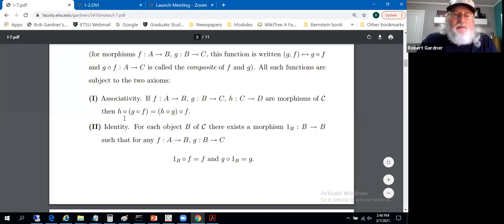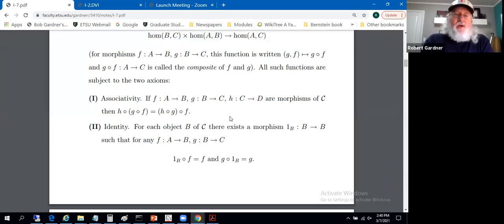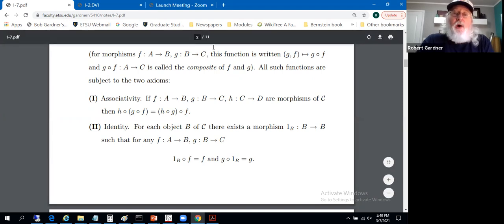In other words, you can move the parentheses around. So we're requiring in a category that we have this kind of associativity with compositions of these elements of Hom,